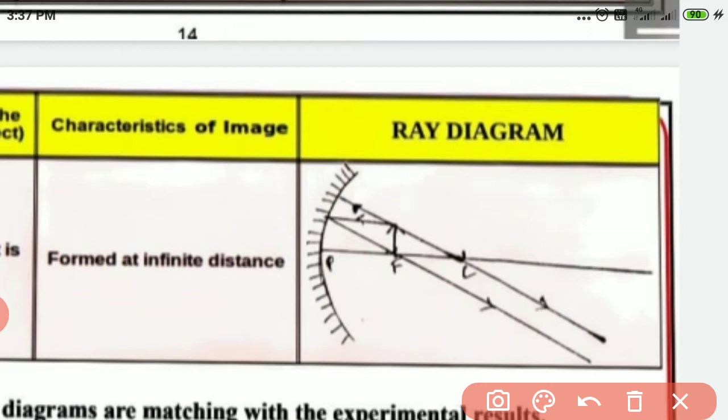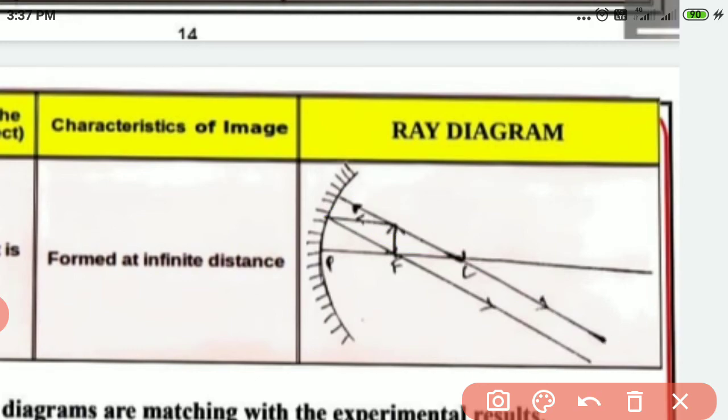One is parallel, through the focus. And for the second ray, as the object is already on the focus, you cannot take a ray that passes through the focus. So instead you take a ray that passes through the center of curvature, touches the object and touches the mirror,